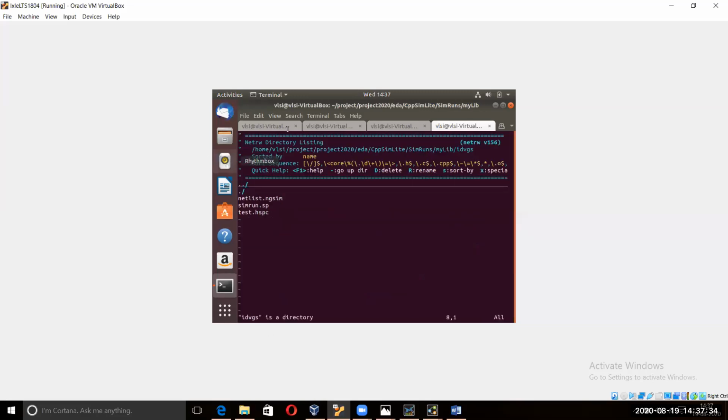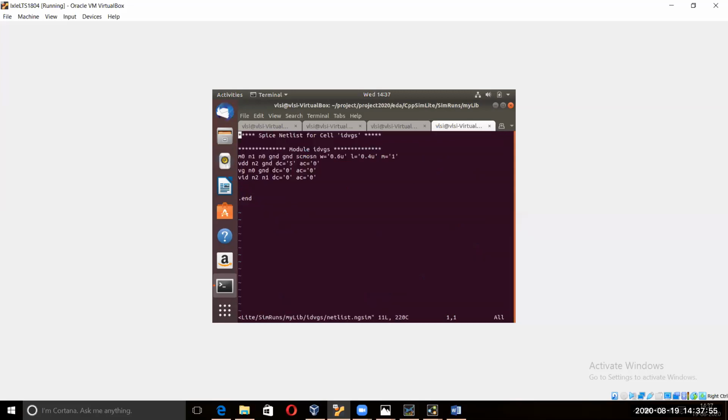Okay, so we have the file. These are the three. This is the netlist, this is the Simran, and this is the HSPC file I was talking about. We have to run this simran.st file actually. So click on that. I'll show you all three, how they are written. This is the netlist we have written. I showed you in the other way, changing the directories, how you can find it. Here also you can find that.